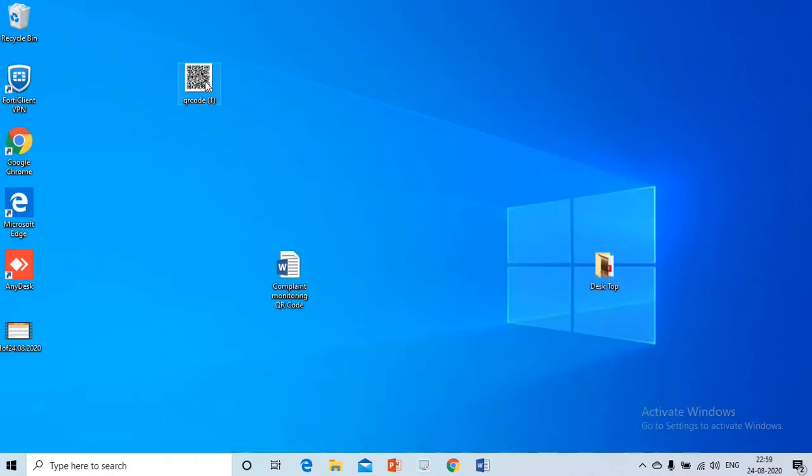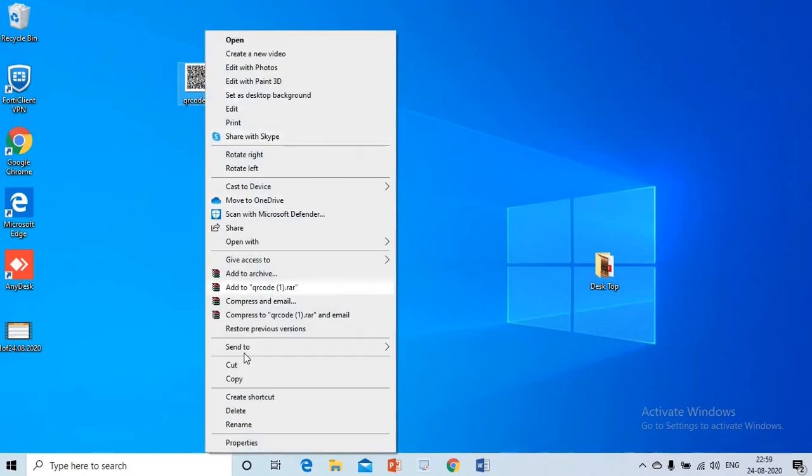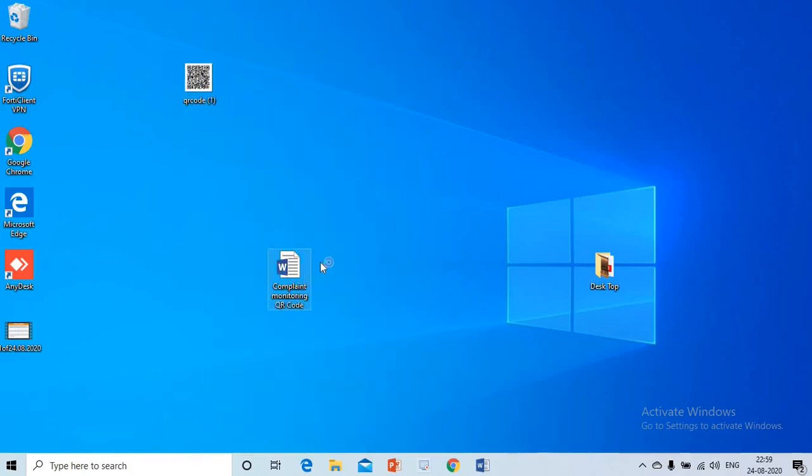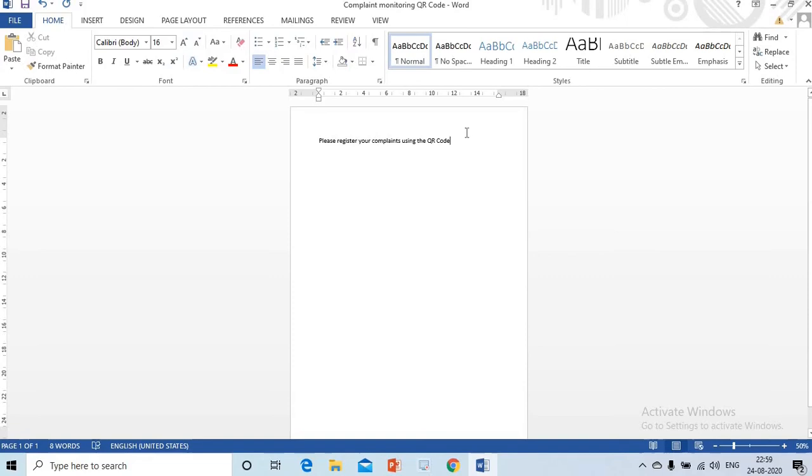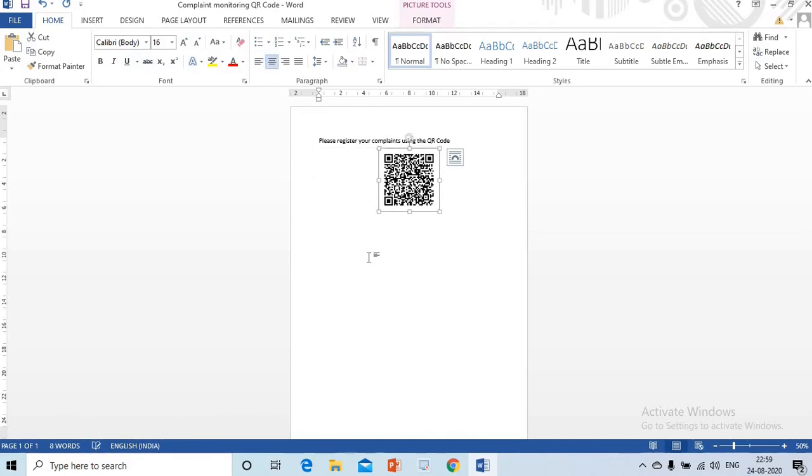I'm selecting this QR code, right clicking on it, copying it. Once again I'm coming to the Word file. I have pasted it. So I can just take a printout of this and paste it on the rear side of the doors of each occupant's house, or on the rear side of any service building doors, etc. Once they scan this, they'll be directed to the link.